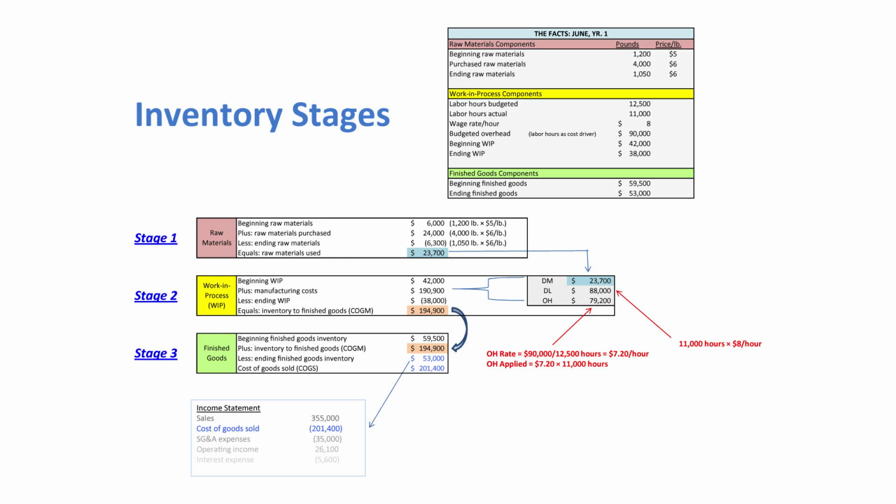Now, obviously, that's not the end game. Why do we need our cost of goods sold? Well, we need it so that we can go to our income statement and calculate our gross profit. So your sales minus your cost of goods sold, you could either get a subtotal, gross profit, or just keep deducting as we've done here, your SG&A, etc., get your operating income, so on and so forth. The last step is, well, what do we do with the stuff we haven't sold? Well, obviously, the ending inventory, that's going to go on our balance sheet. Alrighty, so not a big deal.